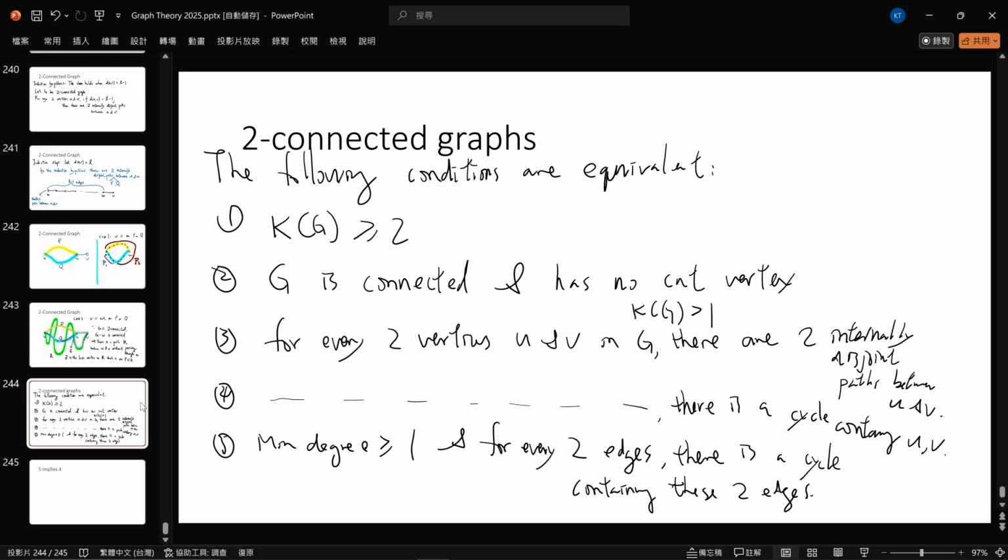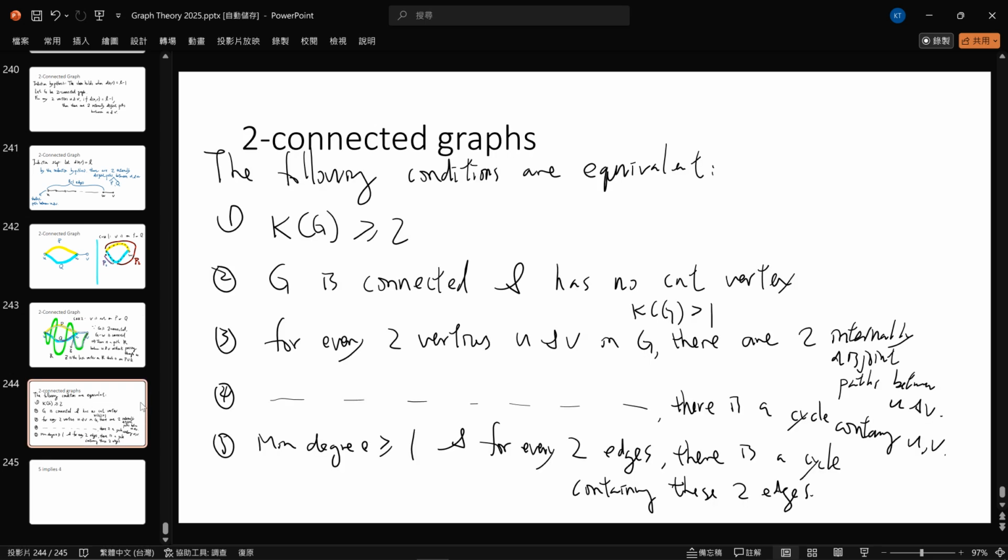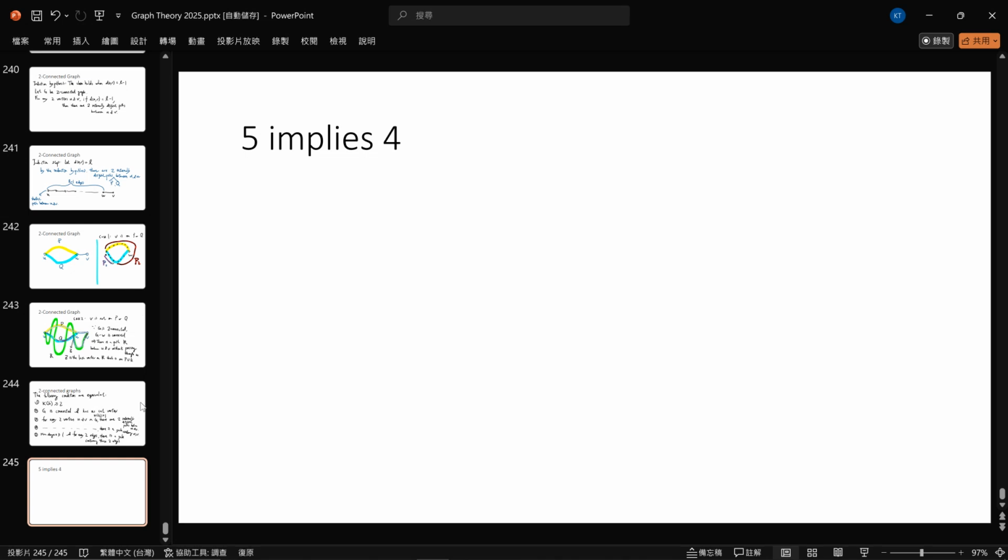So 5 implies 4. It's like starting from two edges, and you go to two vertices, and you want to find a cycle. 所以我们接下来要证4是对的，前提是如果我们知道5是对的。所以有一个 U 在这边，有一个 V 在这边，然后它会有一个 cycle。